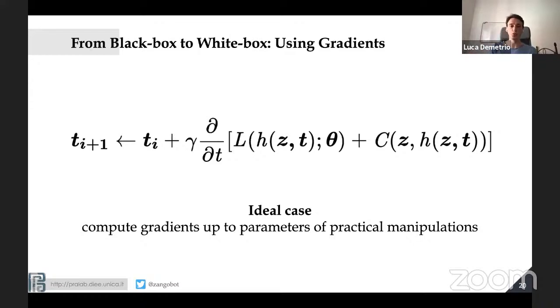And now we transition to, for the mathematicians here, gradients. Can we exploit, if you have your model like here, I can compute gradients as for images. So this is the ideal case. I have my T parameters, and I really would like to use gradient descent directly on it. So I take T, and then I sum the learning rate multiplied by the gradients with respect to T of that thing. That's the ideal case.